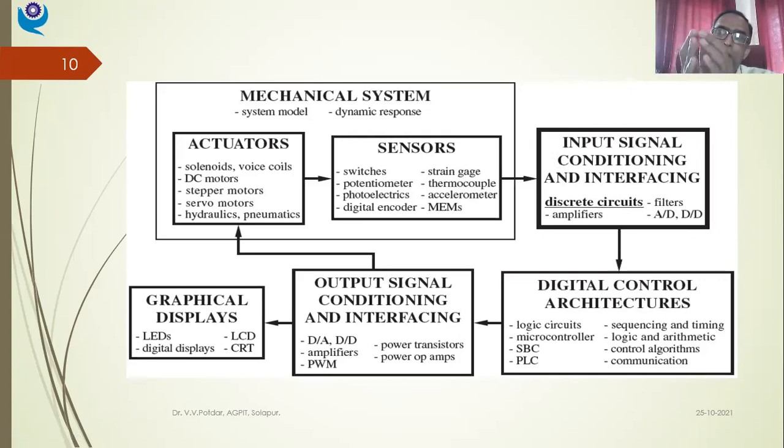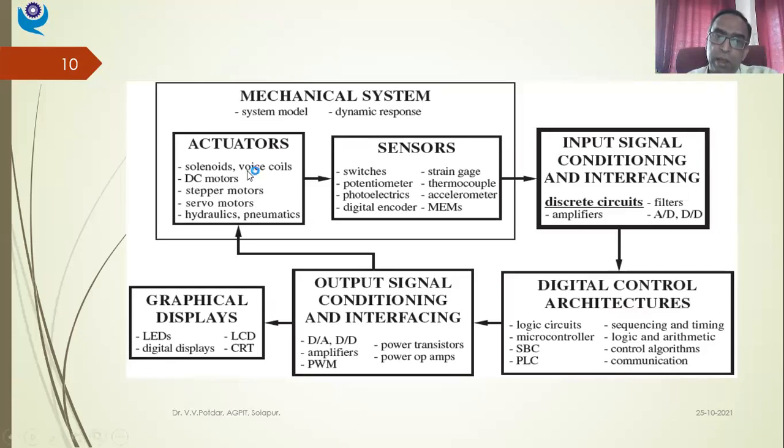If the pre-designated gripping force is, let us say, 200 Newton, and right now it is applying only 100 Newton, I need to increase the gripping force so that the job is held properly. This is the requirement. So I need to rotate the motor in clockwise direction so that the gripping force will be increasing.